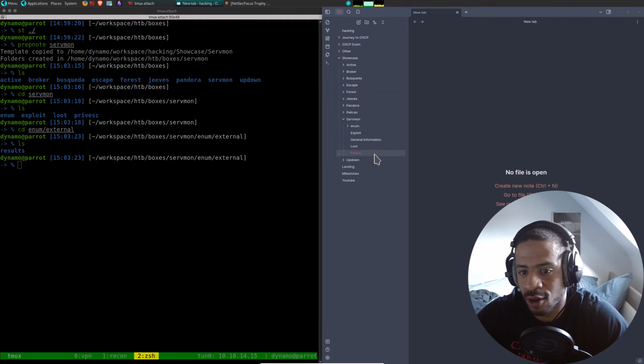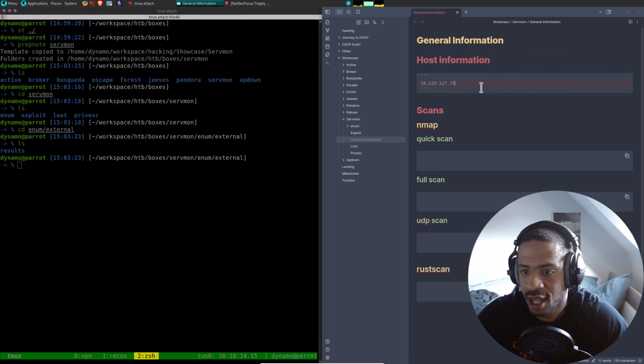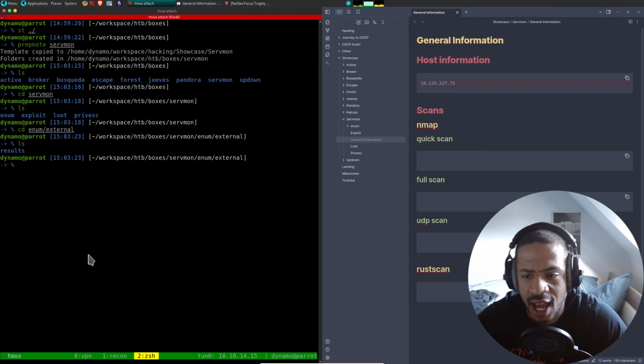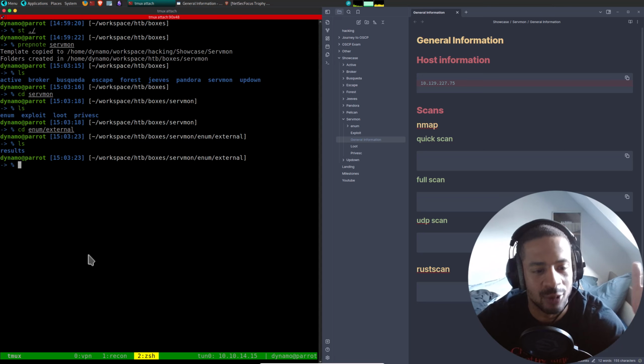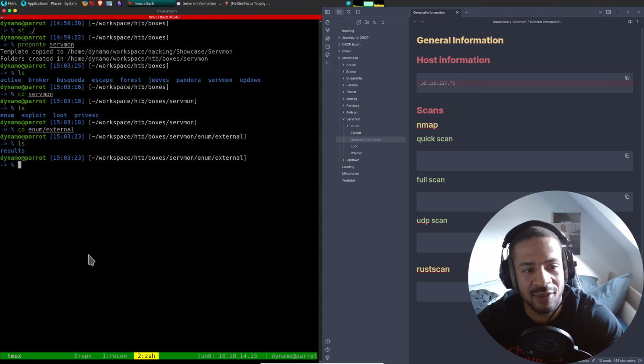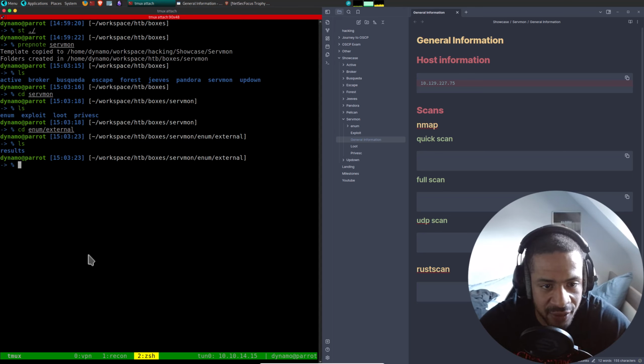But inside of the notes here, I will still take the IP and paste it there. And I believe in the future I might do it like this as well. I will run auto recon, leave everything else out, and just have the auto recon scan ready for when I do the video.